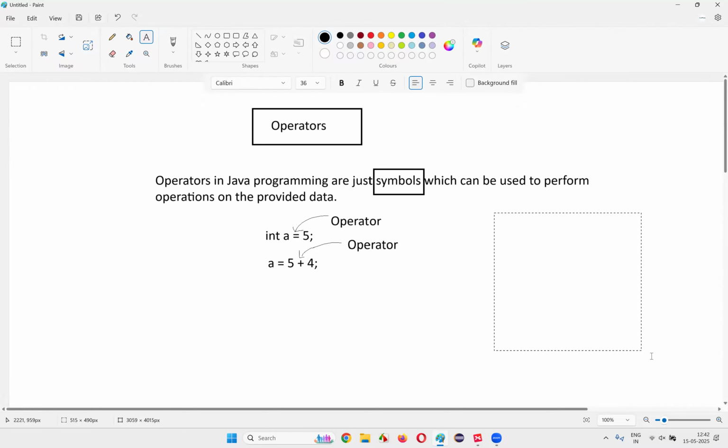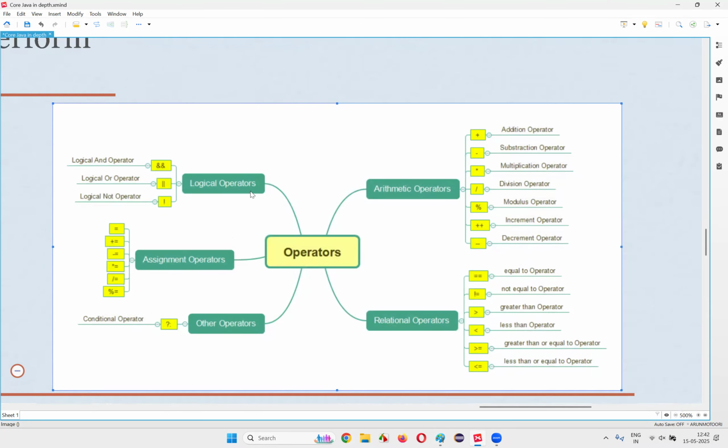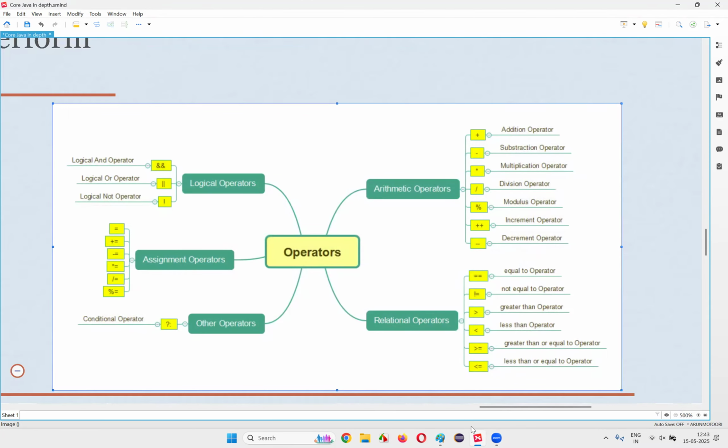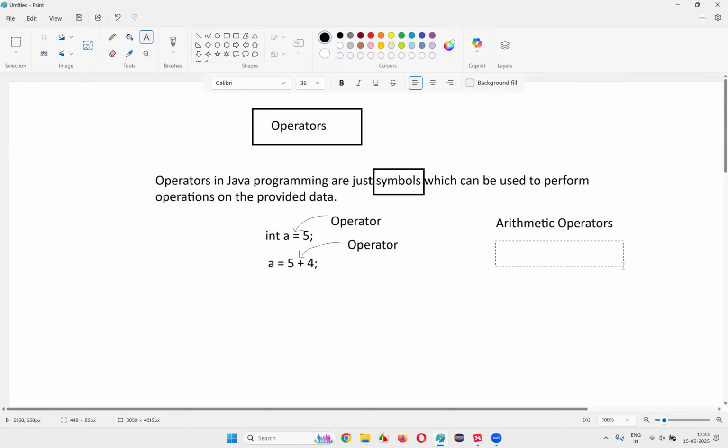So what are the different types of operators at a high level for this level 1 of Java that we are discussing here? First one is arithmetic operators. Then we have relational operators, the second type we are going to discuss in this session. Then we have logical operators, the third category. So we can categorize the operators into different types: arithmetic operators, relational operators, logical operators, then